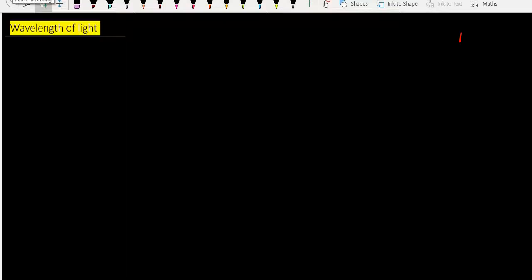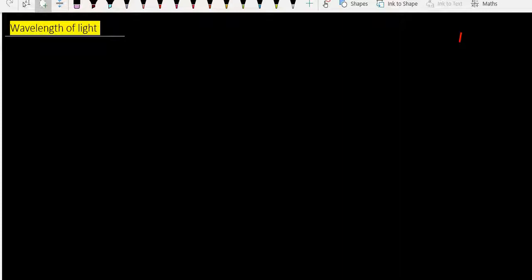We already discussed Newton's rings, their arrangement, the formation of the dark and bright rings, and the general equation for the radius of the dark ring. In this video, we are going to discuss an application of the Newton's rings experiment. It is used to find the wavelength of light as well as the refractive index